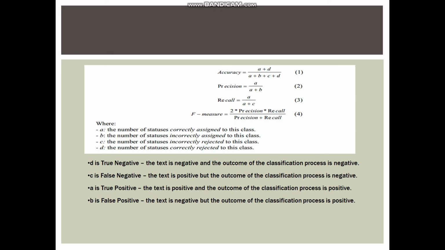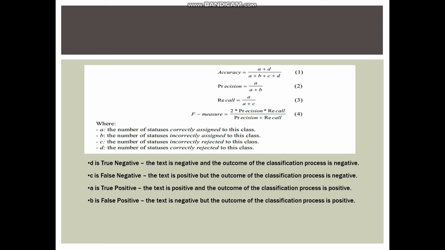Basically, as you see from there, you can see A, B, C and D. D represents the true negative. The meaning of true negative is the text is negative and the outcome of the classification process is negative. And then C is false negative.